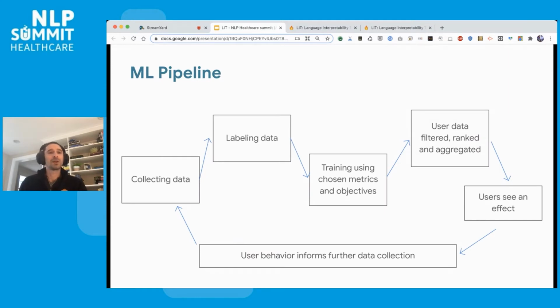Here's a basic overview of what an ML pipeline looks like for a standard supervised machine learning problem. You may have seen different versions of a similar chart before. Basically, I'm going through the different steps that are required to go through training a model and deploying it to production. And this is a pipeline where human bias can be introduced at pretty much every step.